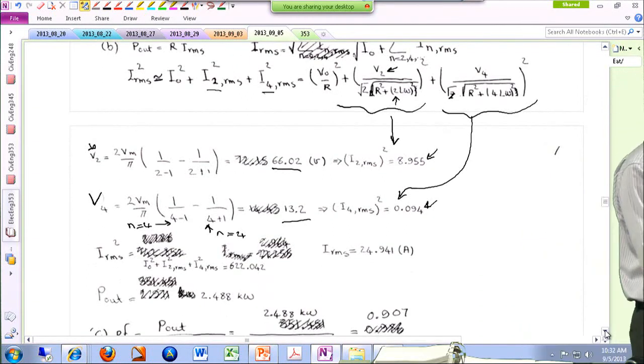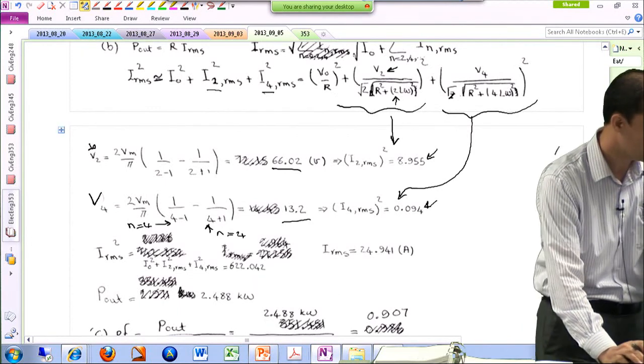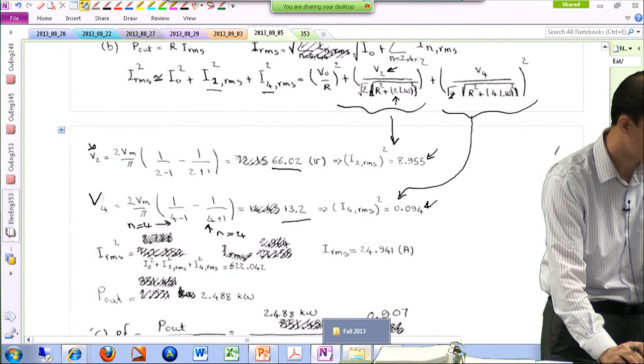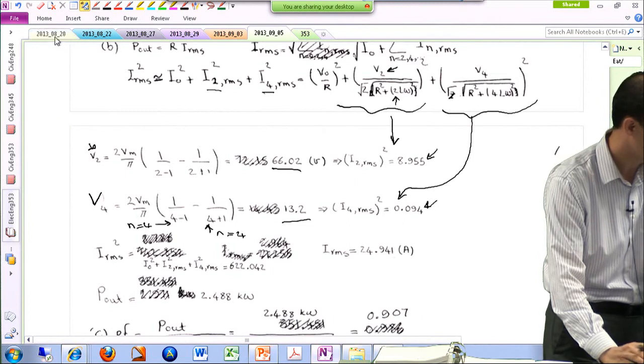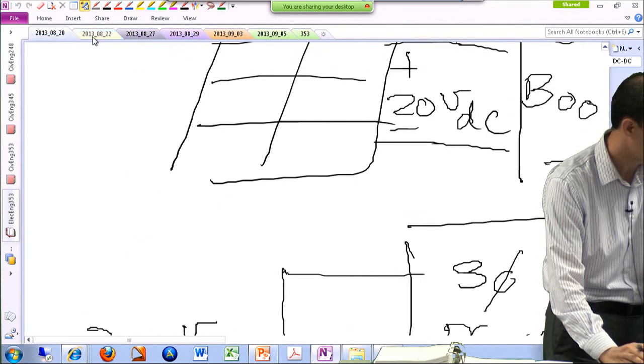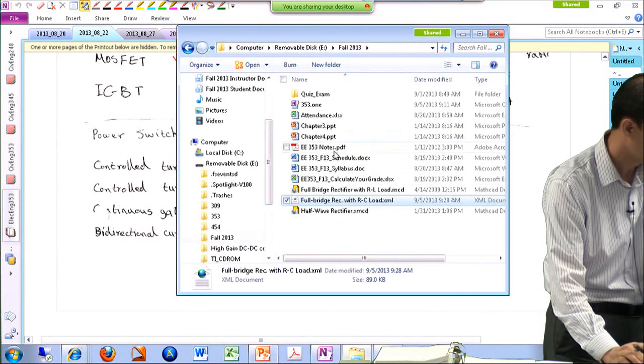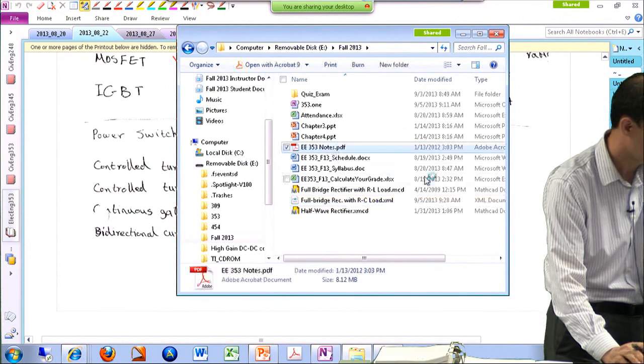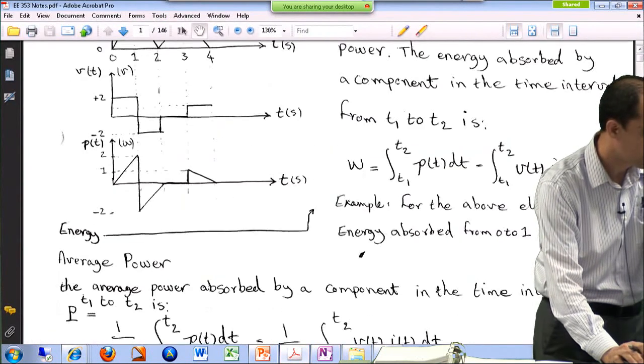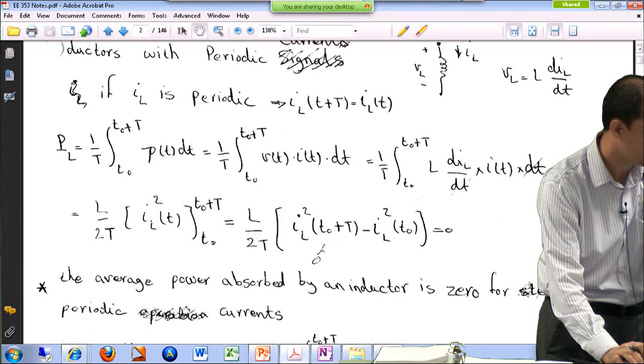Let me just rewrite it over here. It's a little bit messy. Remember, let me show you my notes where this equation is coming from. I don't know if I had it here. No, I didn't have it. Maybe here. Let me just show you the notes. Well, okay. If you go back to the discussions that we had the first week of class,